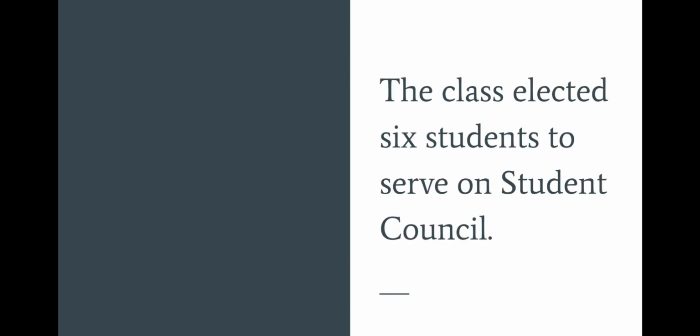The class elected 6 students to serve on student council. So the class is the subject, elected is the predicate. The class elected what? Students. So students will be your direct object. And again,